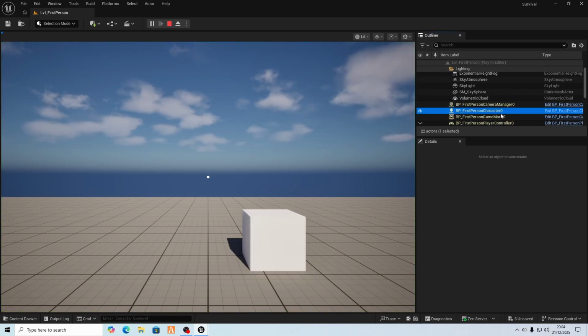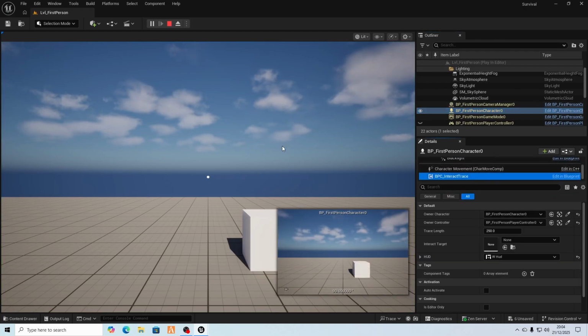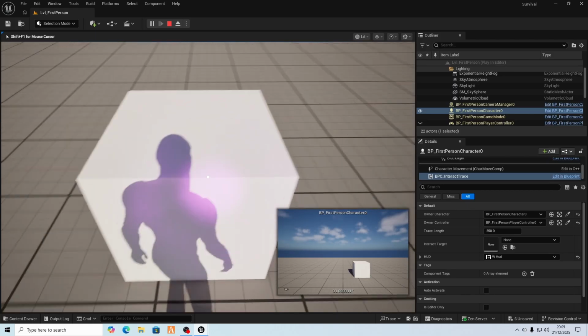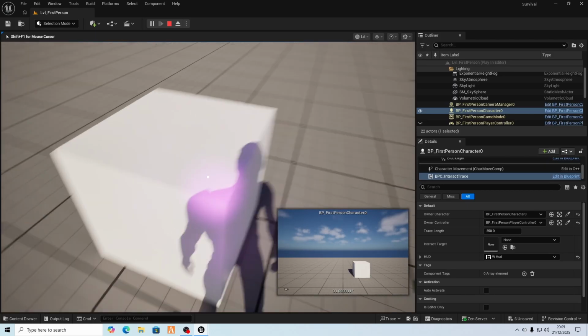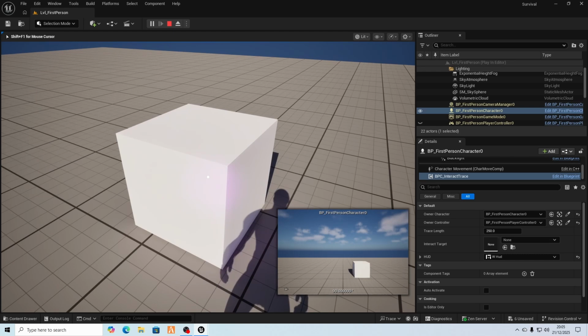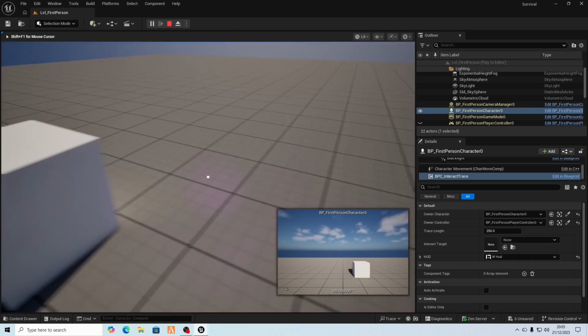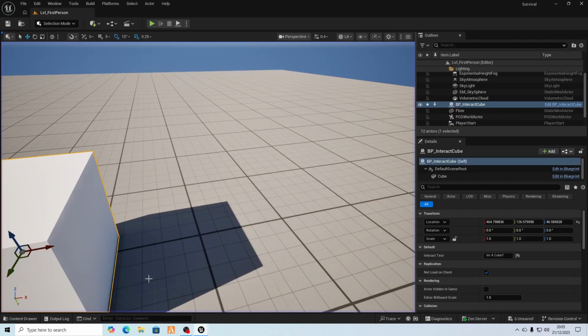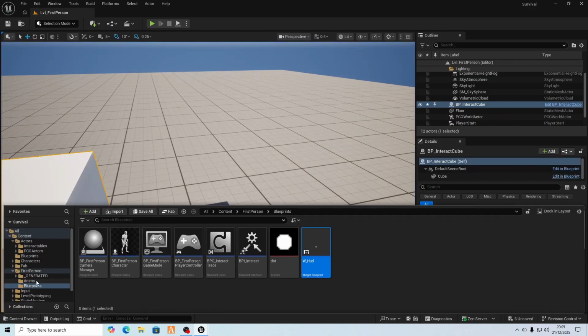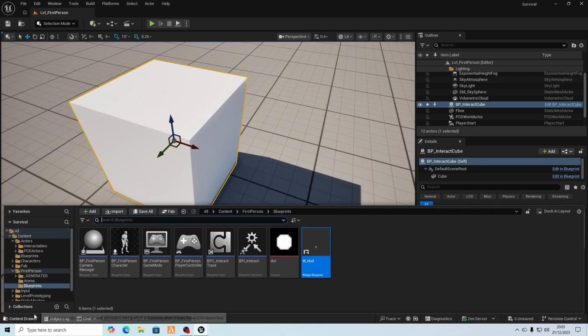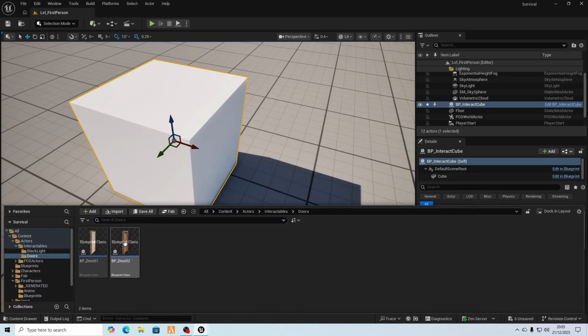If I come to my first person character and set my trace, let me just see if I'm picking this up. I'm not picking it up. But why? I'll show you why in a minute, because this object is different to, say, a door I've made, and only in one special way that I didn't add to the cube as a test object like now. And let me just bring in a door,